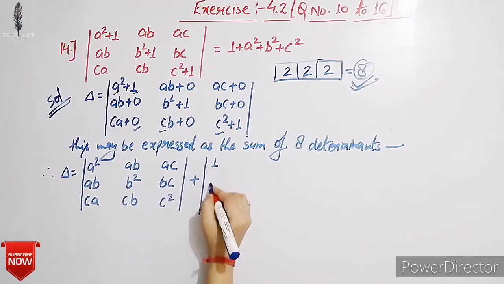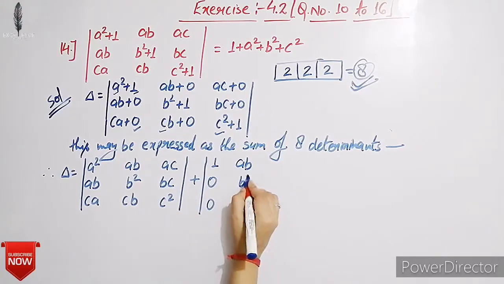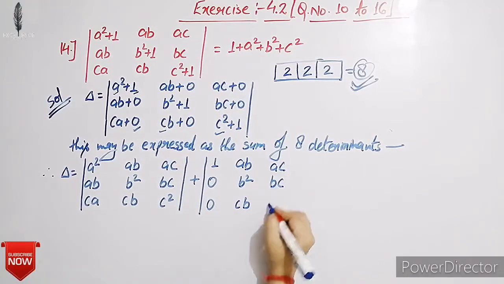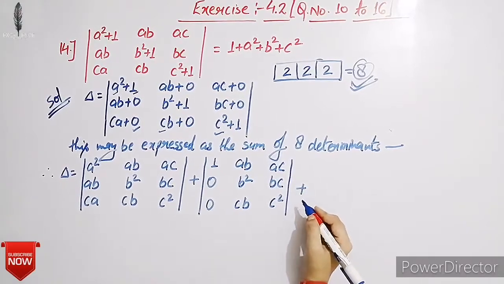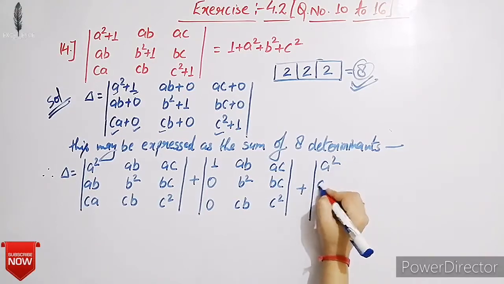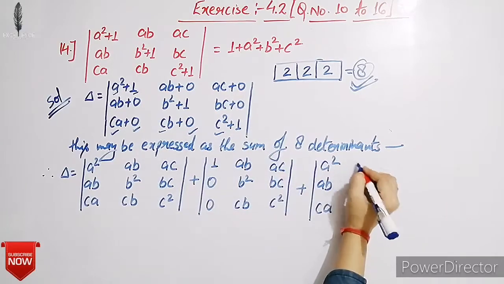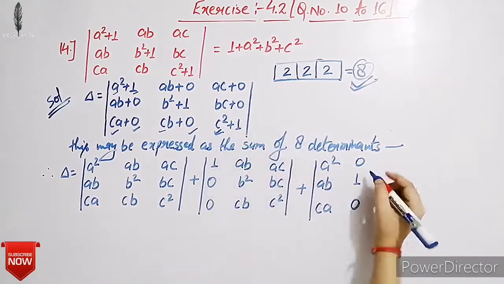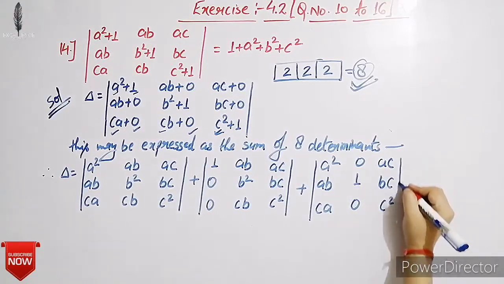Here we take 1, 0, 0; here AB, B square, CB, and third column is AC, BC, C square, plus third is A square, AB, CA; here 0, 1, 0, and C3 is AC, BC, C square, plus